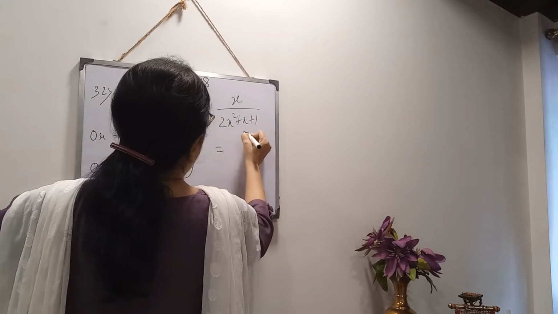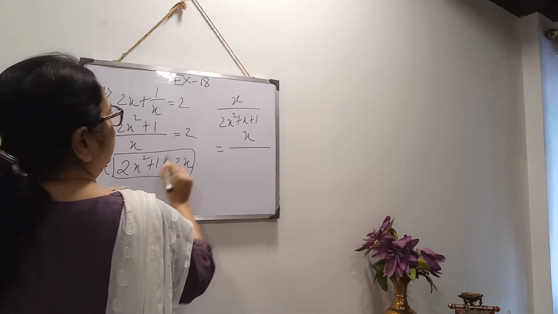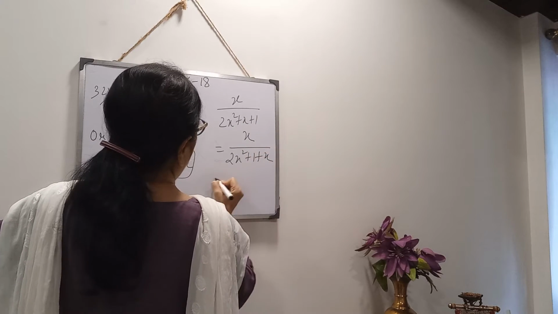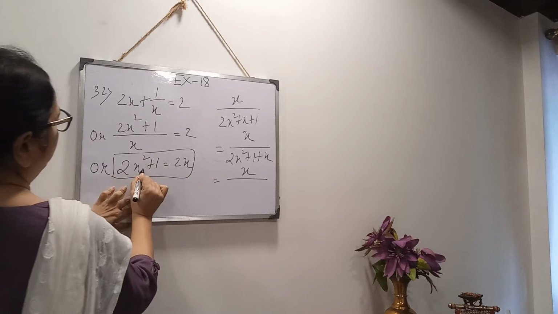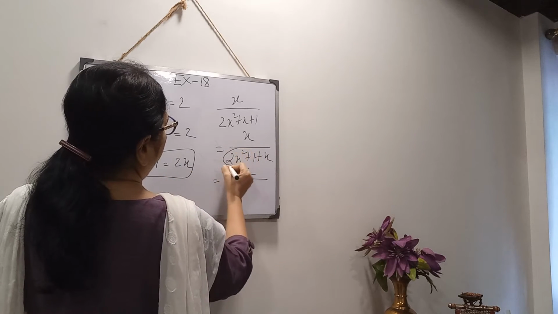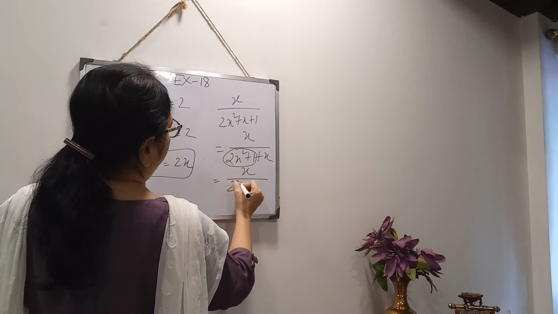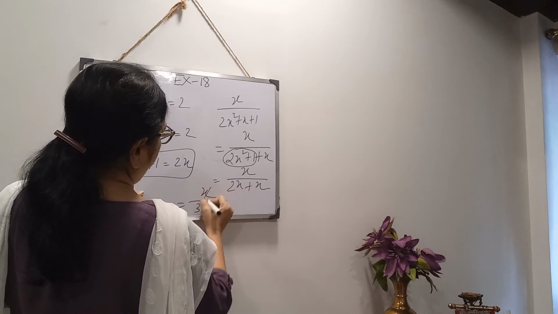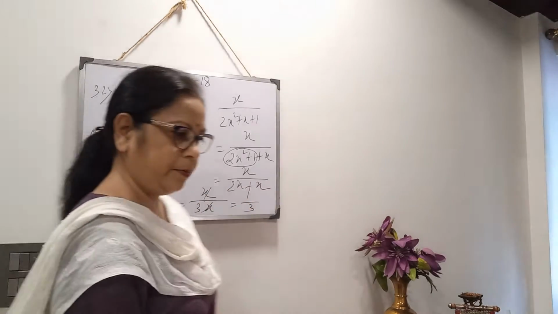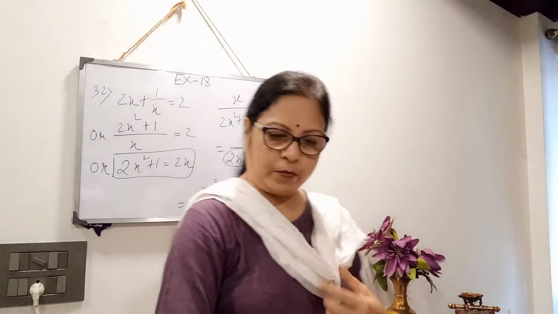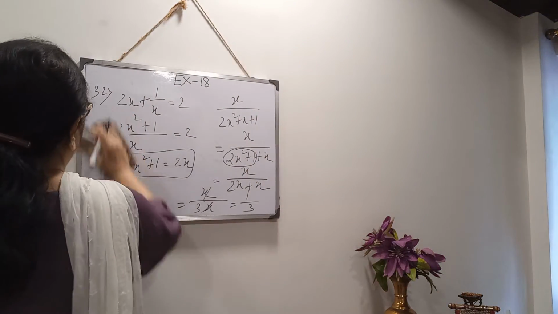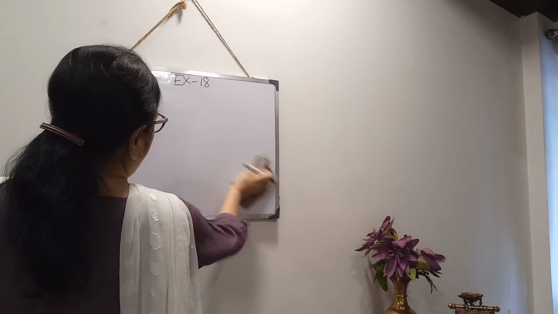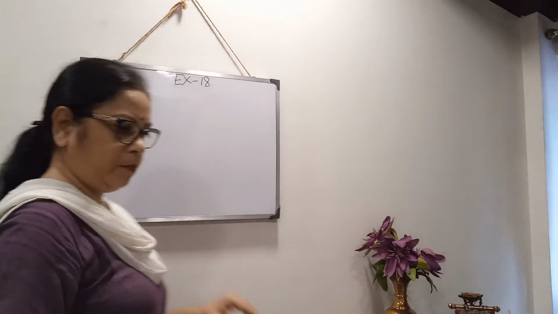Here x by 2x square plus 1. Now 2x square plus 1 we know. I am writing side by side: 2x square plus 1 and plus x last. Then x by 2x square plus 1. We have got 2x, so in place of this I can write 2x. 3x. x is cancelled out, 1 by 3. These are interesting, no? Very easy. Okay, then next one. So you will start with what is given. From there you will start. Then you will put the values.